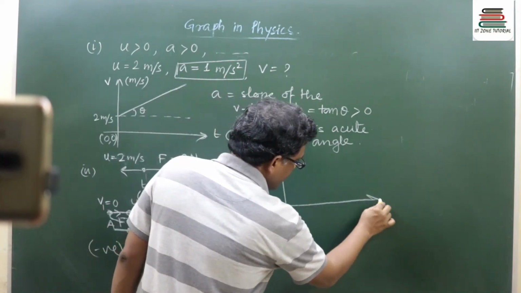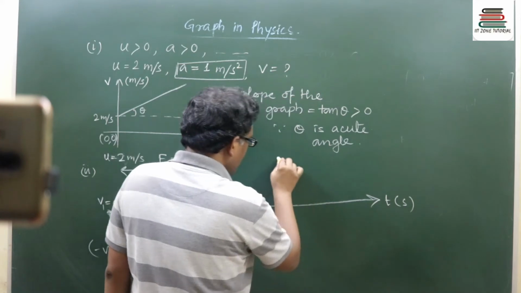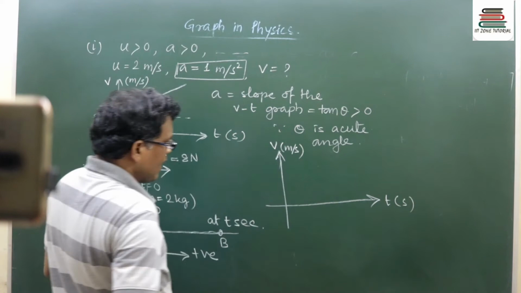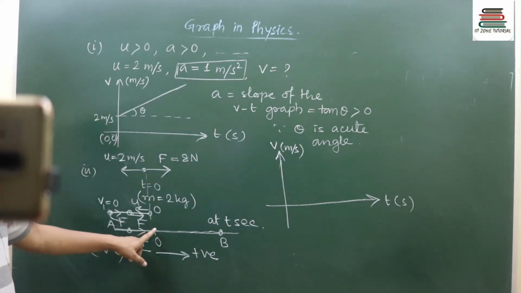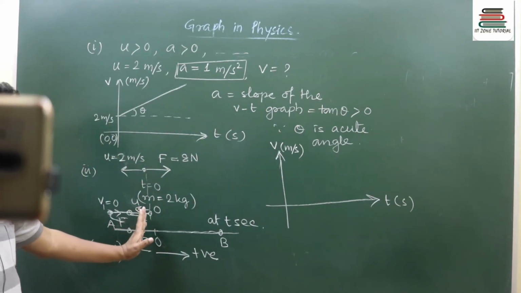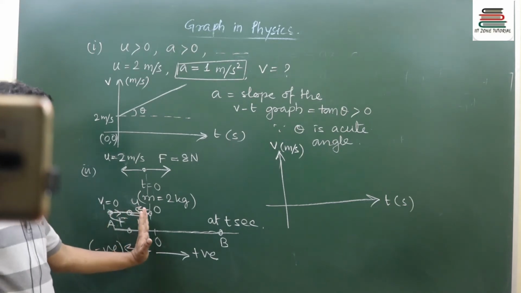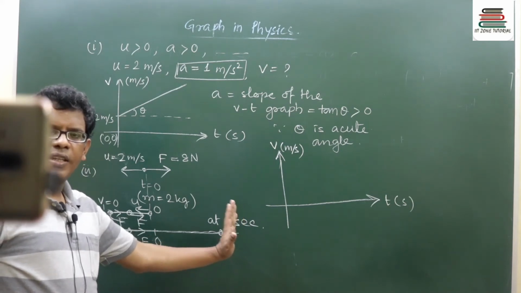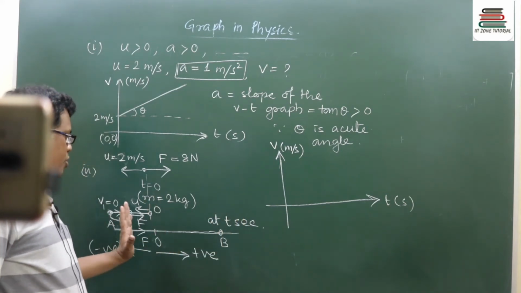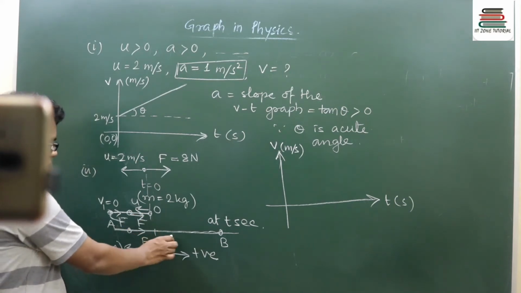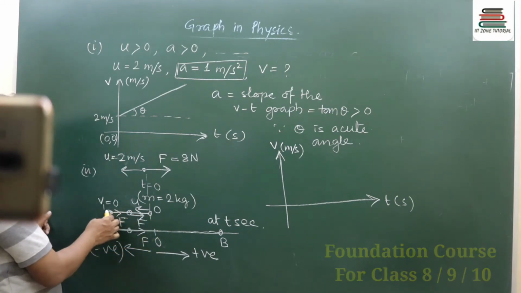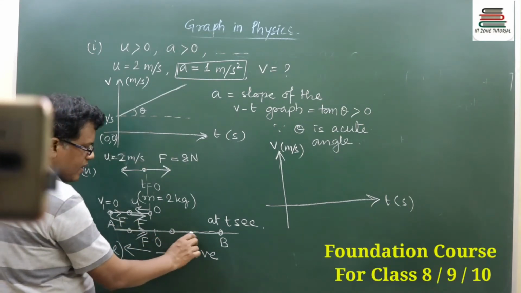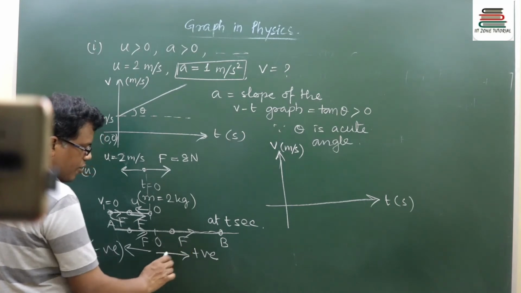Check it now. This is the time axis, this is the velocity axis in meter per second. As I have said, the initial velocity was 2, but primarily it will be taken negative. Why? If I am taking rightward as the positive reference direction, then the opposite will be negative. That is why the force is taken positive throughout the motion. Even when the body is going backward, the force was rightward directed, which continuously remains directed rightward, yes or no?